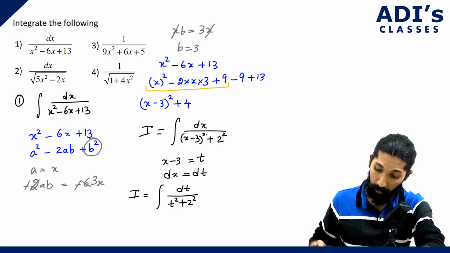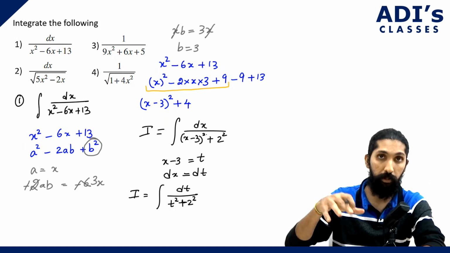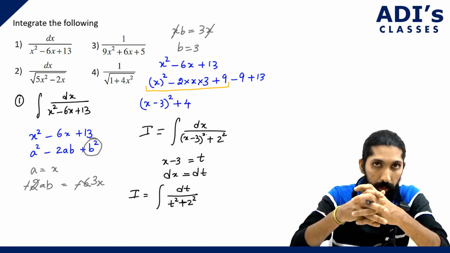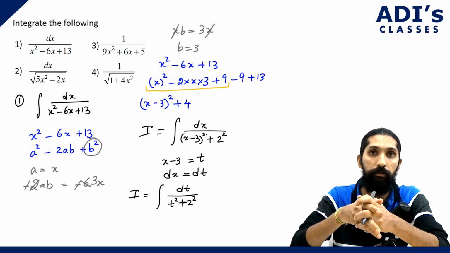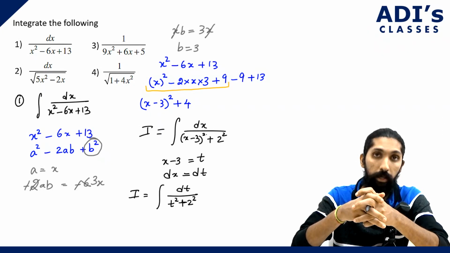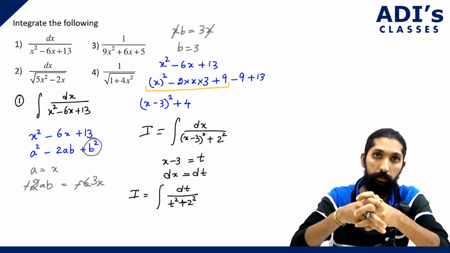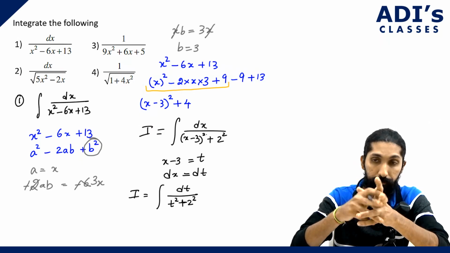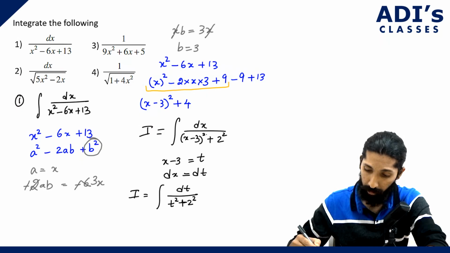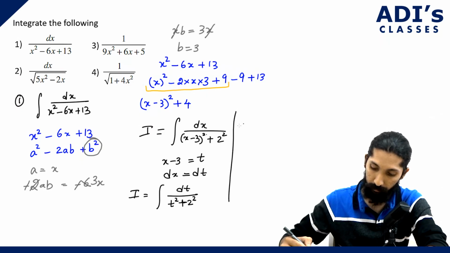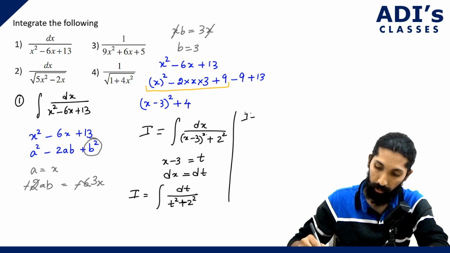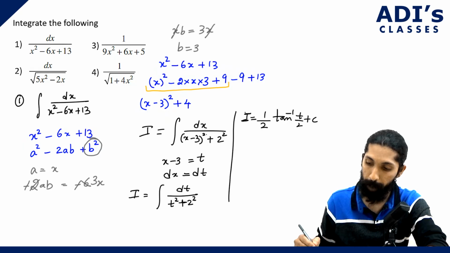Now, which particular integral is this type? 1 by x square plus a square, right? Which is 1 by a tan inverse x by a, isn't it? So here only we'll finish this one. You get I is equal to 1 by a, so 1 by 2 tan inverse t by 2 plus c,